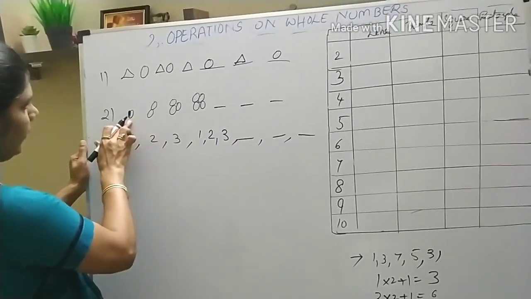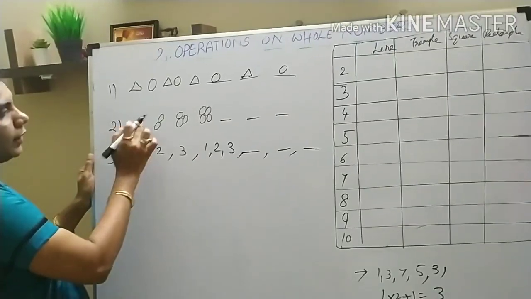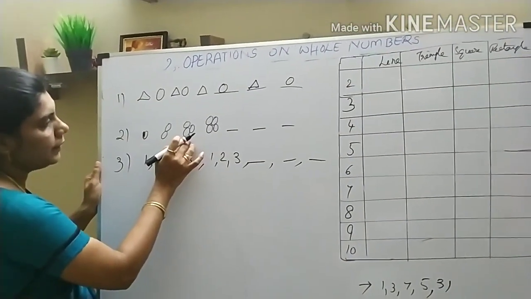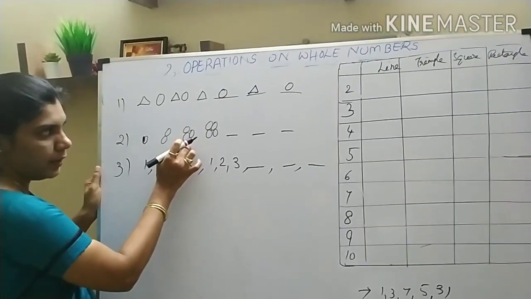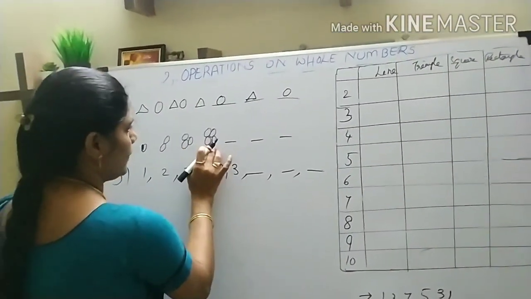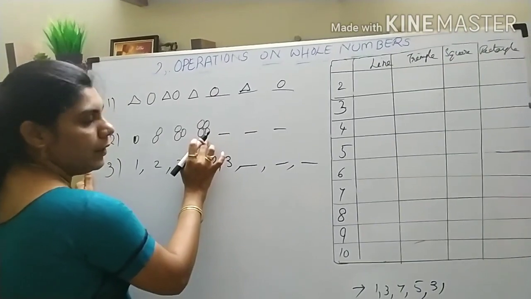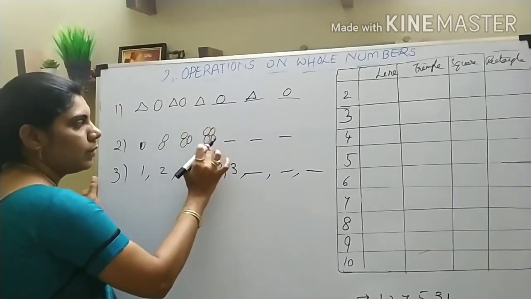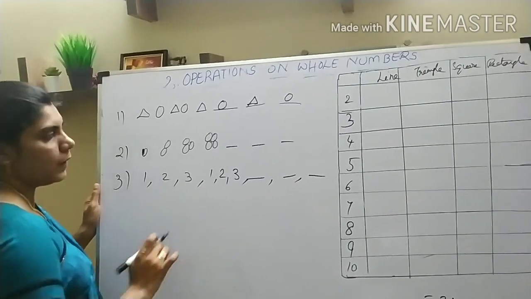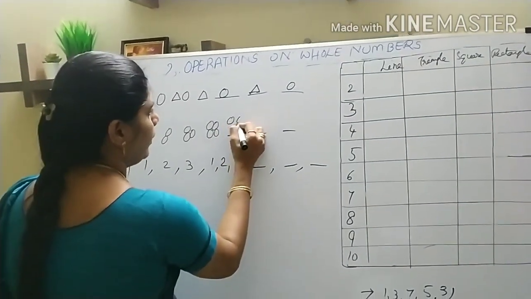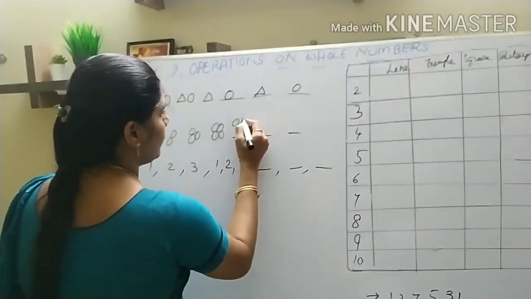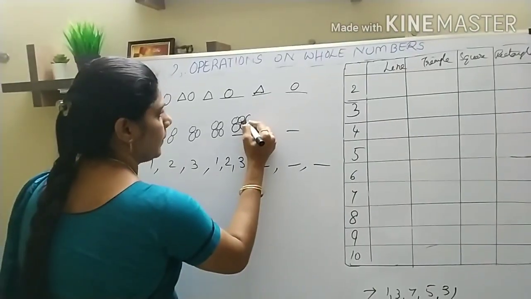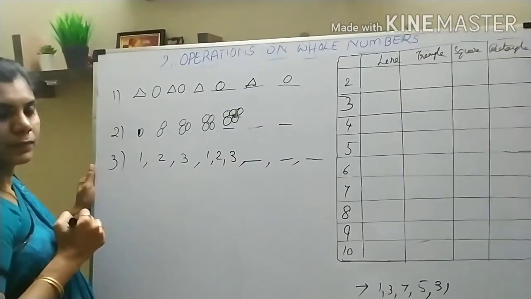Next here you have 1 0. In the next one, you are adding another 0. In the next one, you are adding another 0 to it. Here also adding another 0. Here you have 3, and you are adding 1 more 0. So now you get 4 zeros. Now adding another 0 to these 4 zeros. See, like that.